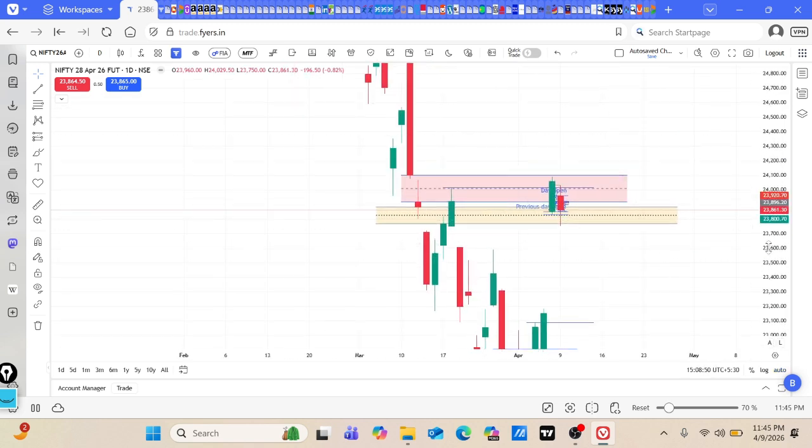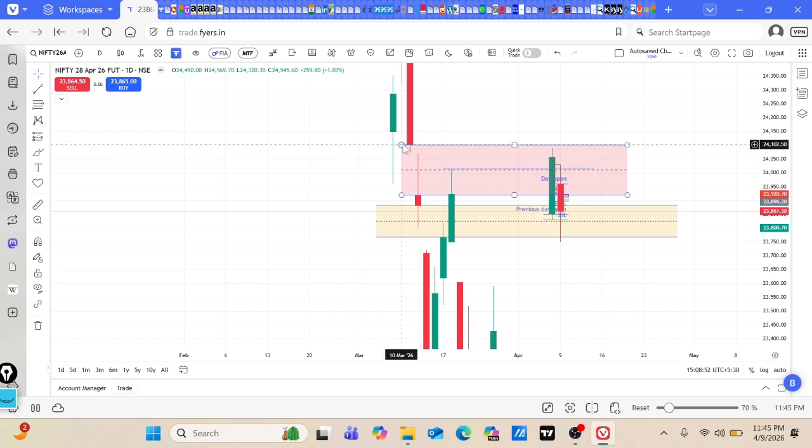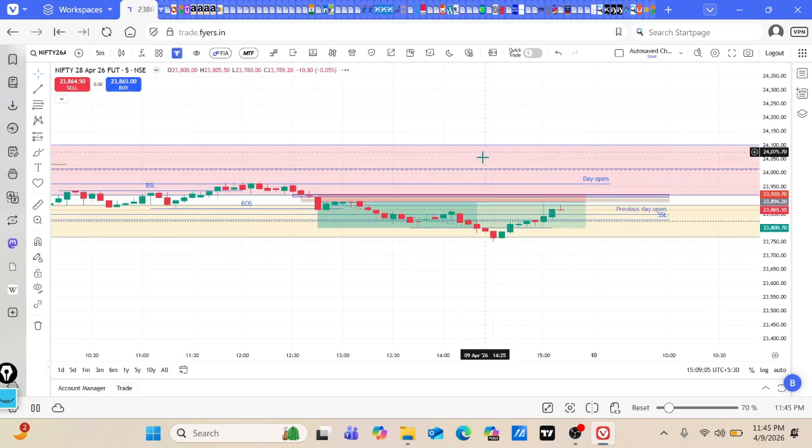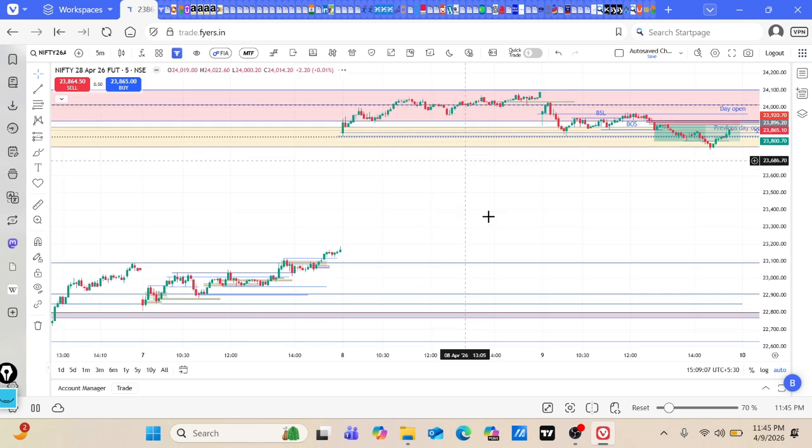see over here is like this is the volume gap. Okay, so this is the volume gap, this is the consequent encroachment. Okay, and even here it is a volume gap and I have taken this and this is my the consequent encroachment. Okay, so now coming on a 5 minute time frame, तो मैं 5 minute time frame पे आता हूँ।